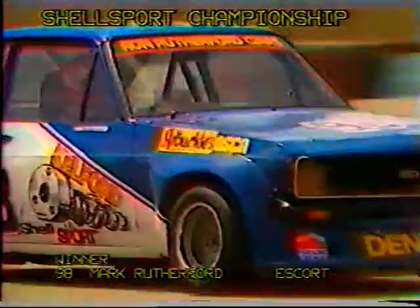Both these are South Island drivers and compete in Oscar races as well in all the South Island meetings. But it's the best place finish for Gary Love ever in a Shellsport race, and for Peter Corey, a newcomer to Shellsport, he'll be very pleased coming in fifth place. So the order of finish: Mark Rutherford wins it in the Escort, Phil Henley second in the Datsun, Malcolm